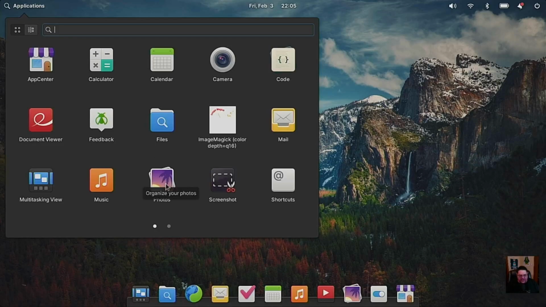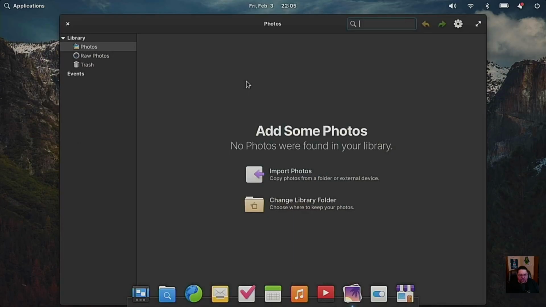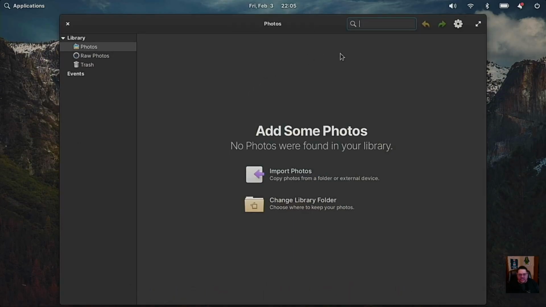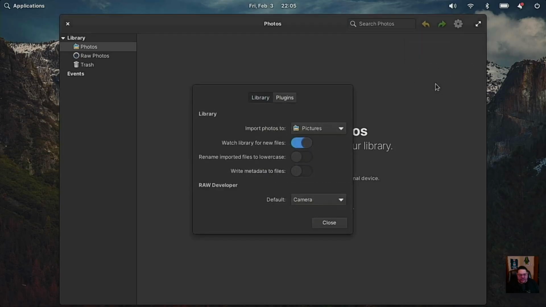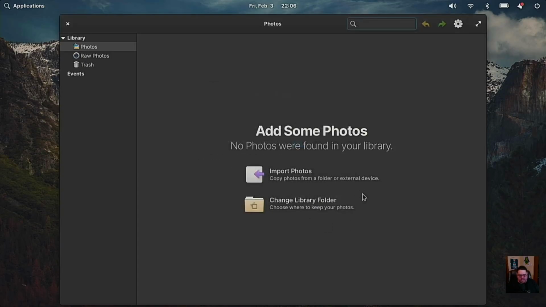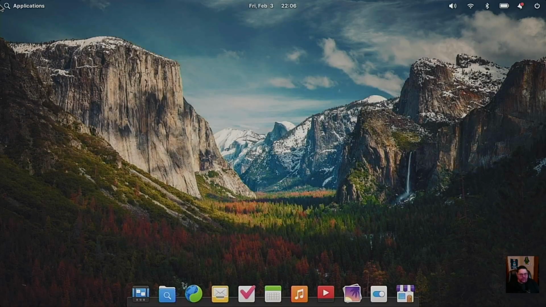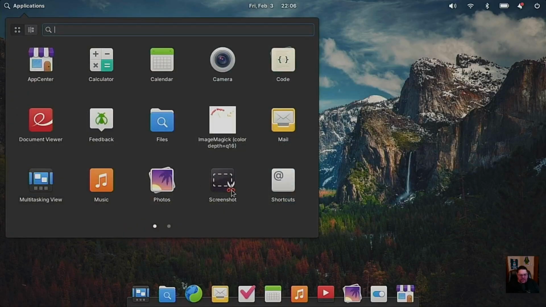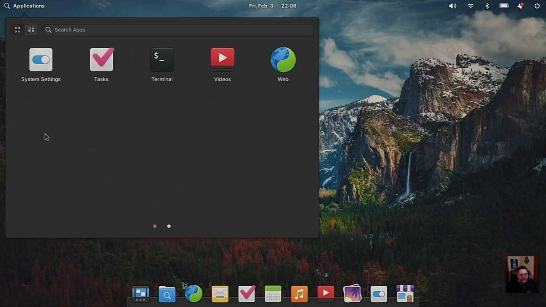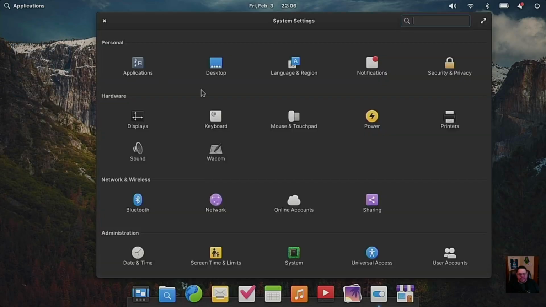Photos, this is their photo viewer, which is, I don't know if it's Eye of Gnome or what, but let's see, under preferences, and there's no about. I'm not sure what this is, but it's definitely a photo viewer and not an editor. They have a screenshot tool, then they got shortcuts. And then on the other screen, they have your system settings, which if you open it up, it's pretty much